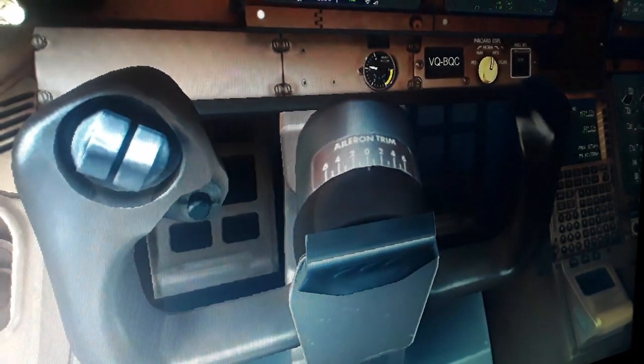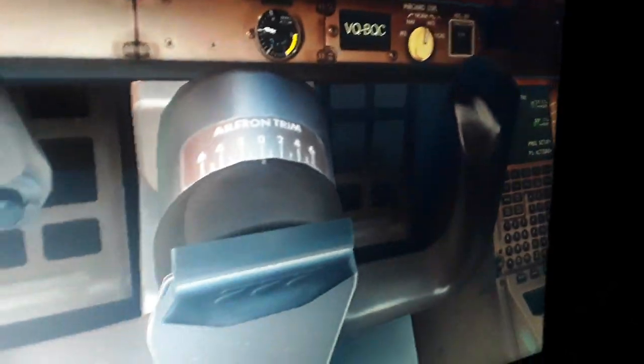You can use this trim switch here in the control wheel of the airplane, the pitch up and pitch down. You can see it moves, so you can see the aileron trim here, and the rudder trim, the vertical stabilizer. This is the flight control surface, so you can see here the rudder trim and the aileron trim switches here, and